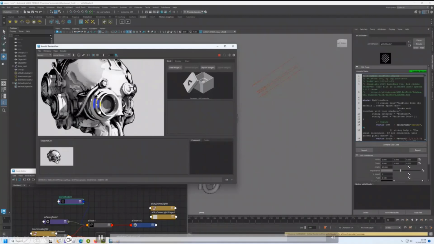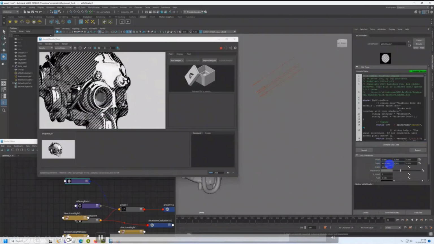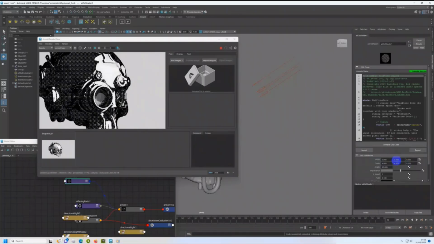You need to adjust here, because it's already a dot pattern. You can change it from dot to cross, the line cross, and even increase the number. It depends on what you want to improve in your render with the OSL shader.